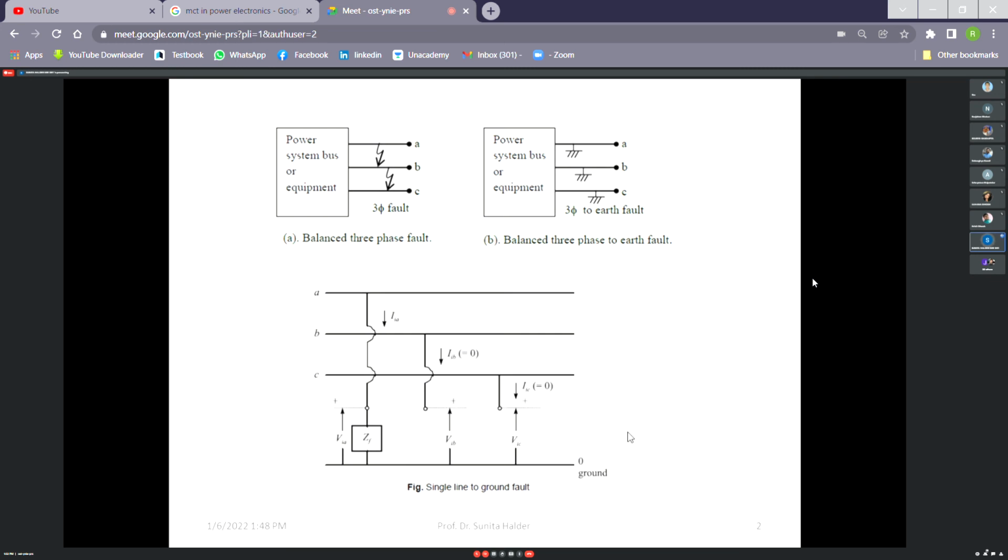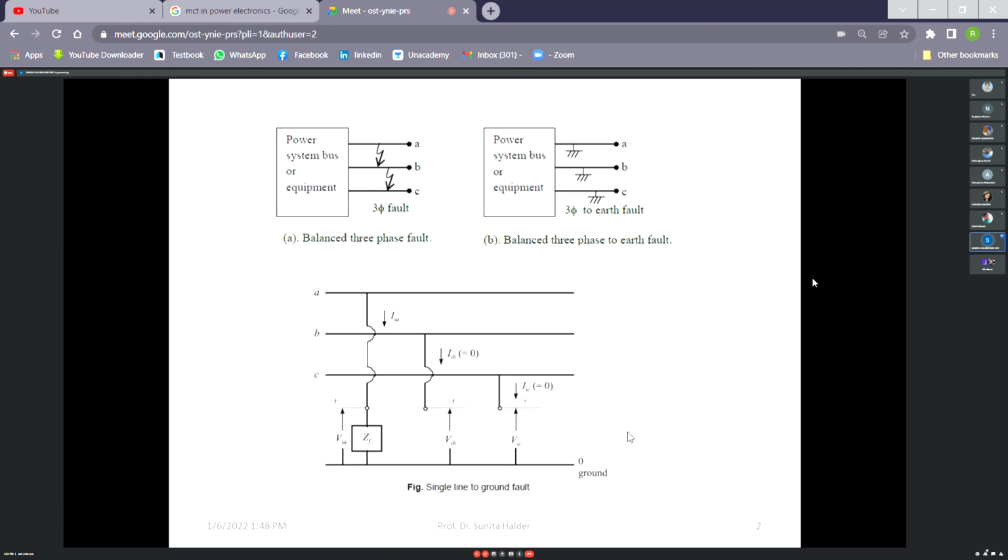So fault calculation does not mean you have to identify the faulty part of the power system. Fault calculation is at first required to identify the faulty section of the power system and disconnect it from the healthy system, so that the healthy system can continue, and then the faulty system will be required to identify the fault, and then we have to repair it, which is called clearing it, and then we shall connect it. So how to identify the fault?